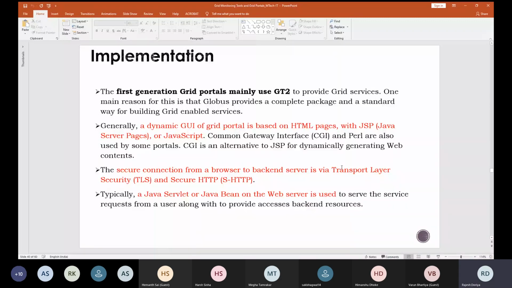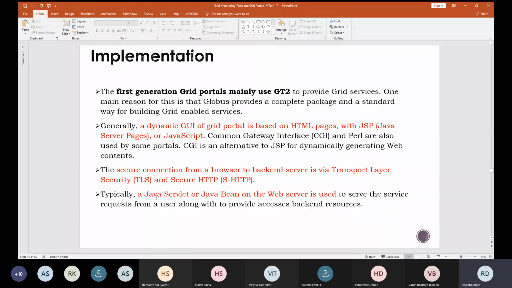Apart from that, if you talk about the server technology, it is generally handled with the help of Java Servlets or Java Beans. These can be used to serve the services requested by a user. If a particular user has requested to access a particular resource, then all those resource access requests can be handled with Java Servlets or Java Beans.